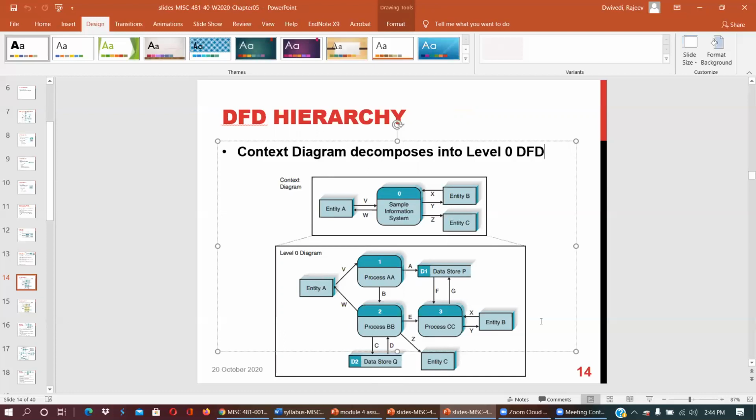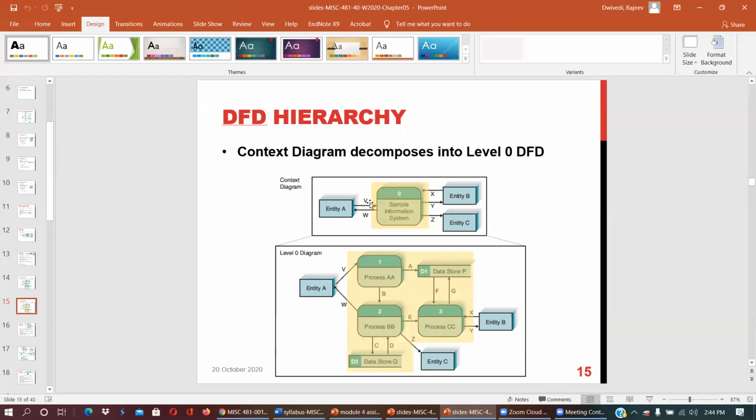So this is called the 0 level diagram. The sample information system has been decomposed into 3 processes and 2 data storage. So this is the context diagram decomposed into 0 level DFD.